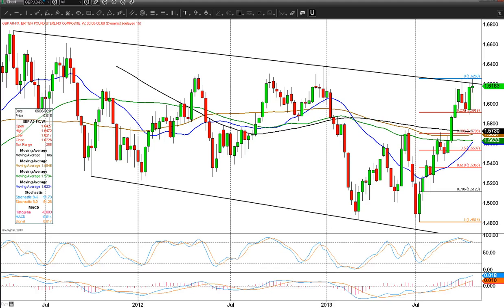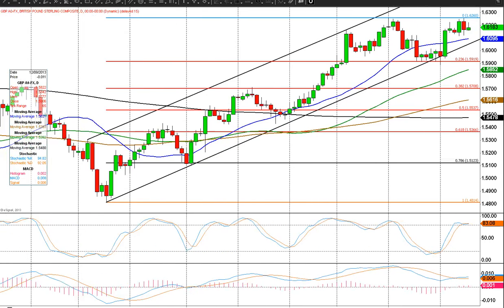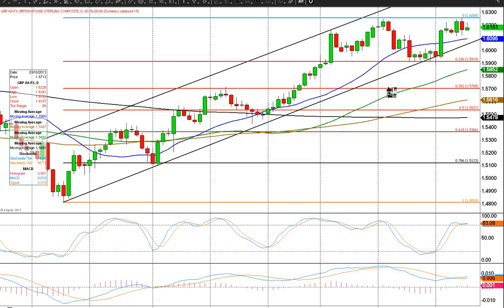We'll look at the daily chart now. As you can see, the daily chart's magically appeared, and I'm showing you this just to emphasize the fact that as well as hitting that 2.5 year trend line, we've put in a double top. Yesterday's high was 162.57, which was just 3 pips below the October 1st high of 162.60. So this sort of reinforces the message that we could be seeing a peak here for the pound versus the